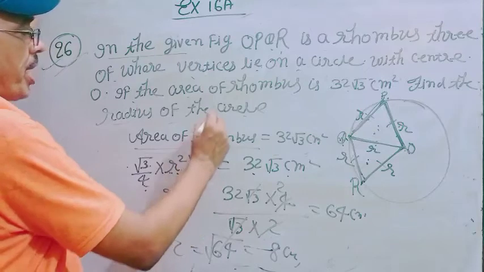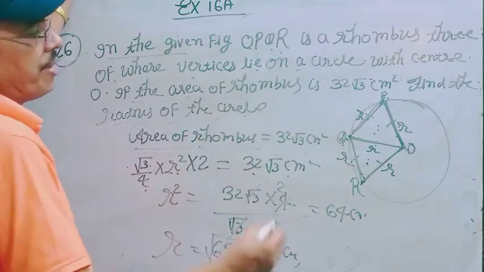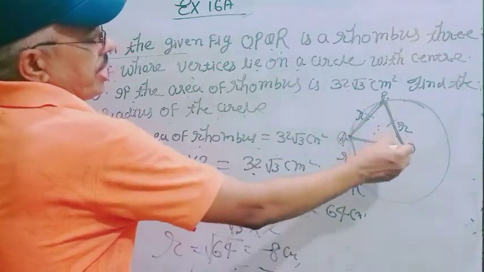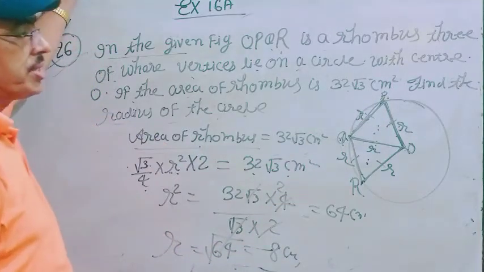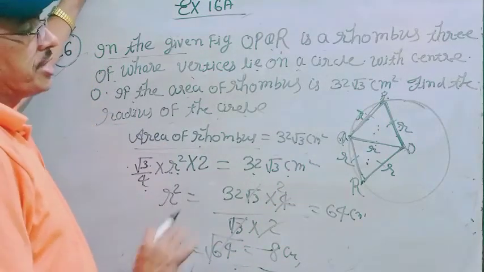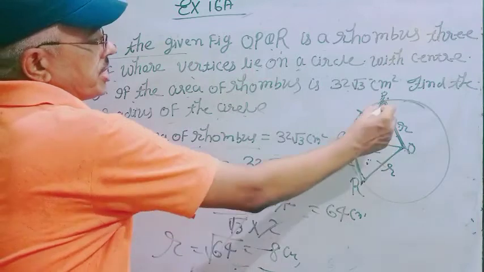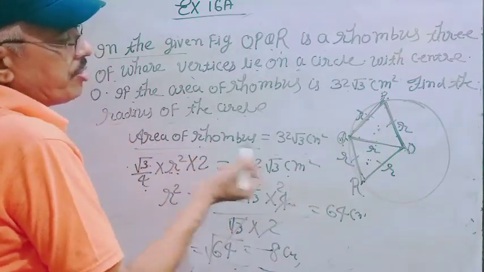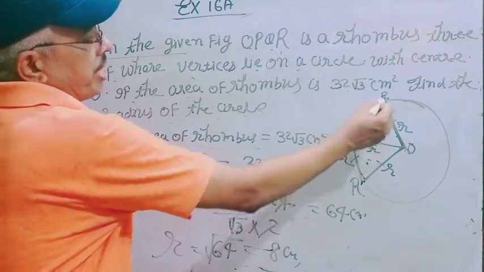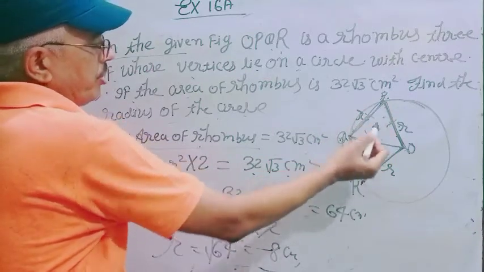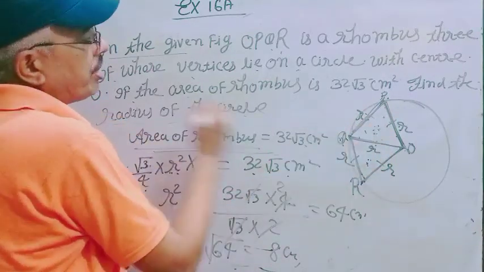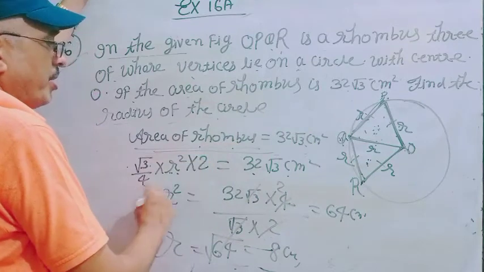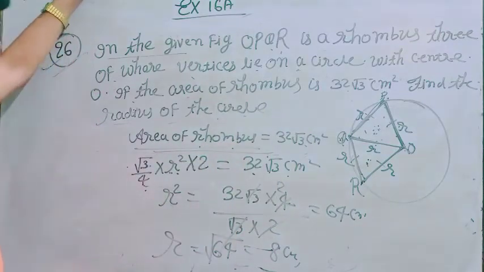So dear student, try this method in every such circle. If three points of the rhombus lie on the circle, then it is clear that each triangle works as an equilateral triangle. Then first find the area of the equilateral triangle and multiply by 2. Then you get the area of the rhombus. And after that, putting in the values, you can get your radius, which will be 8.